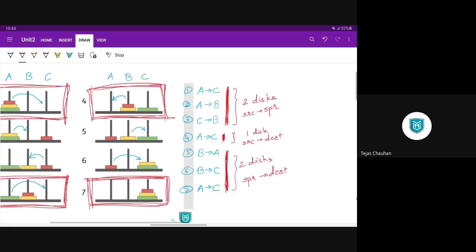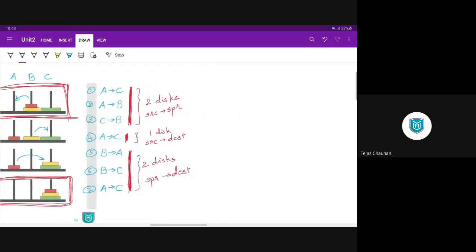So we actually want to focus on this thing now. When we were having 3 disks, what we do is we actually transfer 2 disks from source to spare. Source to spare, we are transferring how many disks? 2 disks. Which means if I am having n disks,